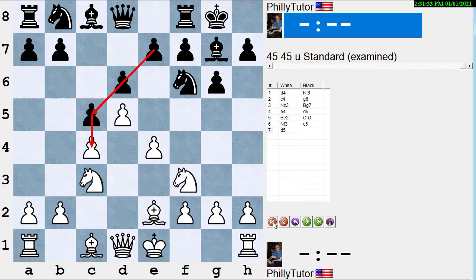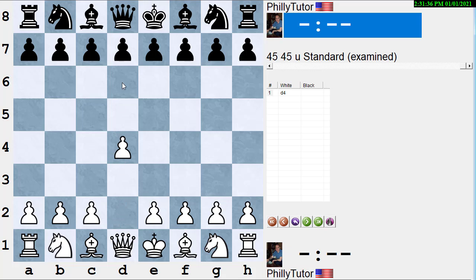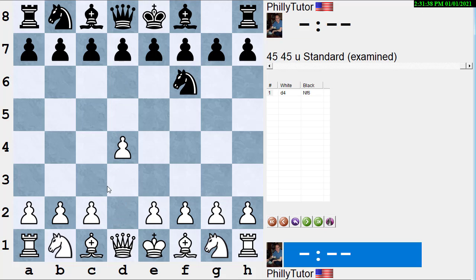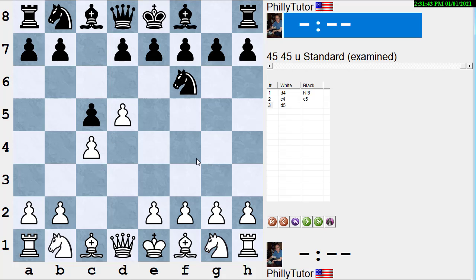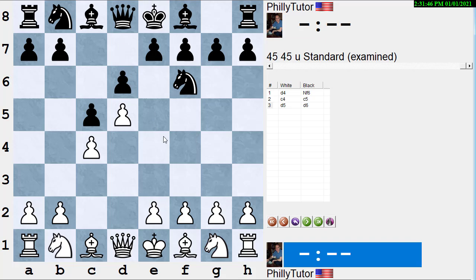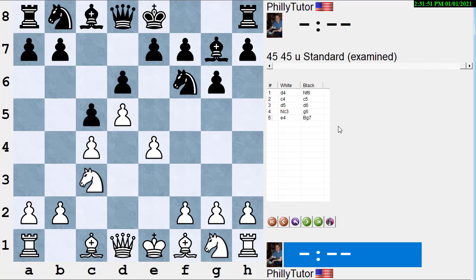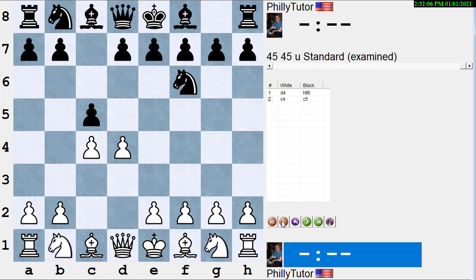How do we get normally to a Benoni? Normally a Benoni is d4, knight f6, c4, c5, and then d5. Well, if black now plays d6 and white plays knight c3 and g6 and e4, bishop g7, here we go again. We're getting back to that same kind of Benoni. So it's very easy to transpose into accelerated dragons versus Benonis versus King's Indians. You know, even though one's an e-pawn opening, as we said, if black goes into a King's Indian,